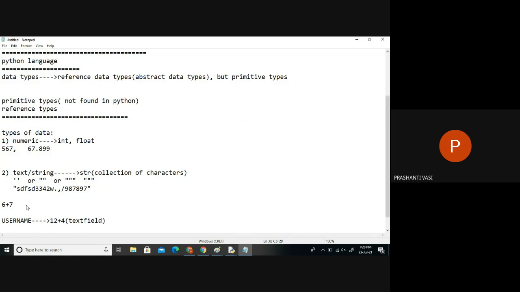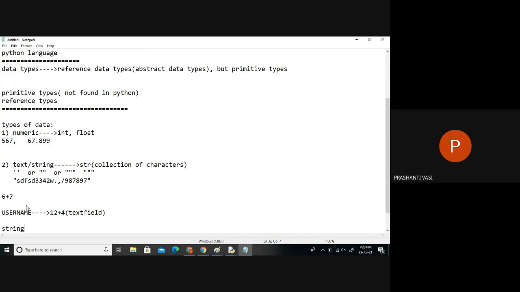So whenever we use the system for interaction, the user interface, we type. And whenever we type, the basic format of data is string type. Whatever we give as input is initially taken as string, but later we can convert it to other formats like int or float.